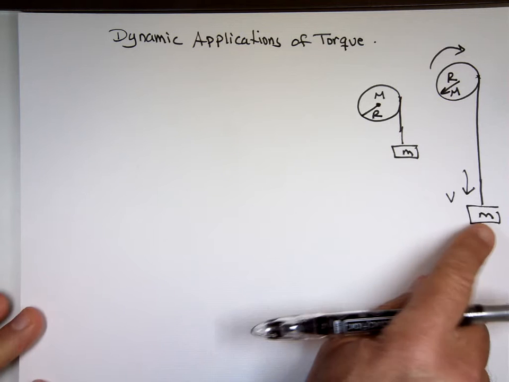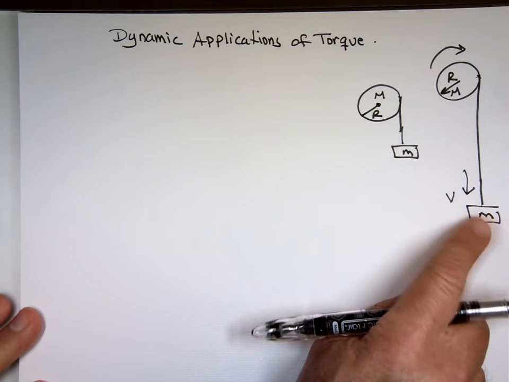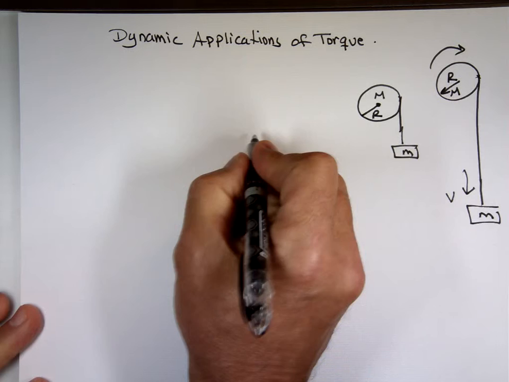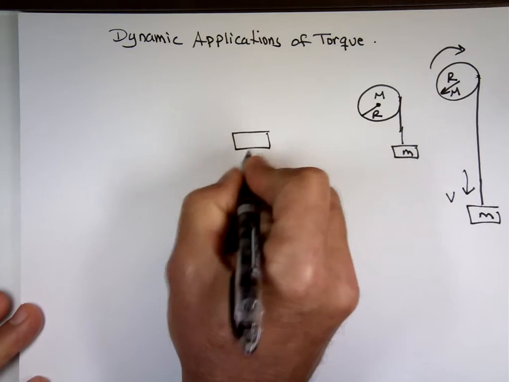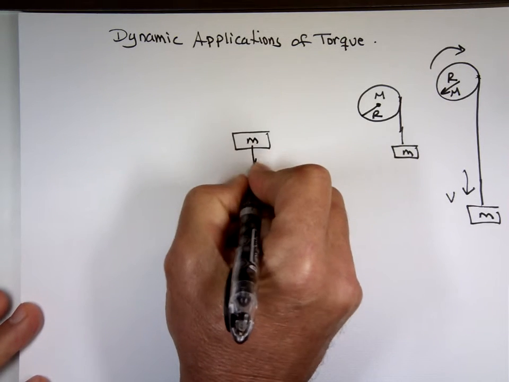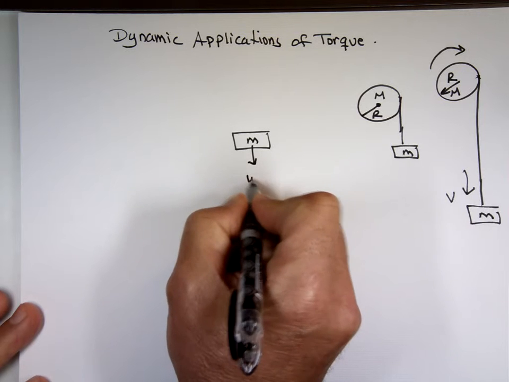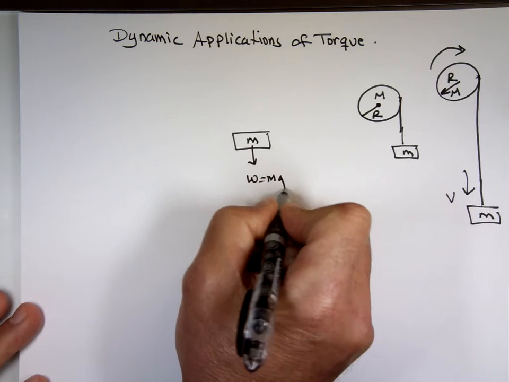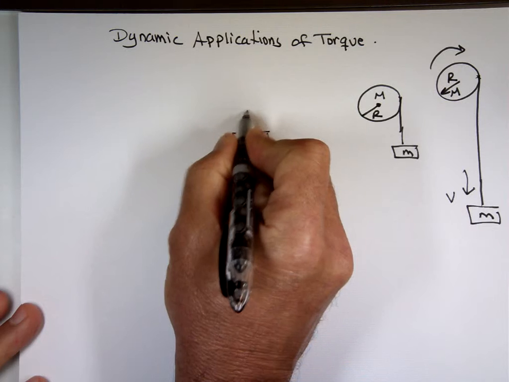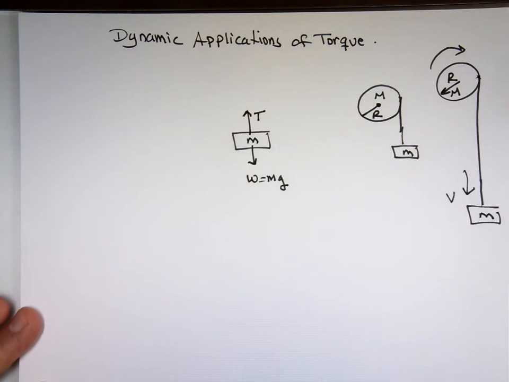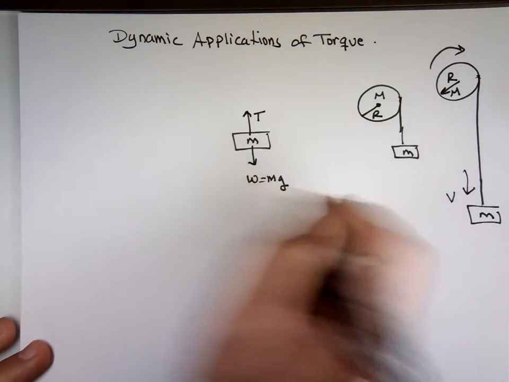Well, let's look at this piece here, this mass. So I'm going to do a free body diagram for the little mass that you hung there. It has a weight down, which is mass times gravity. It has the tension in the cable pulling upward. And which way is it moving? If we assume this is going to move down,